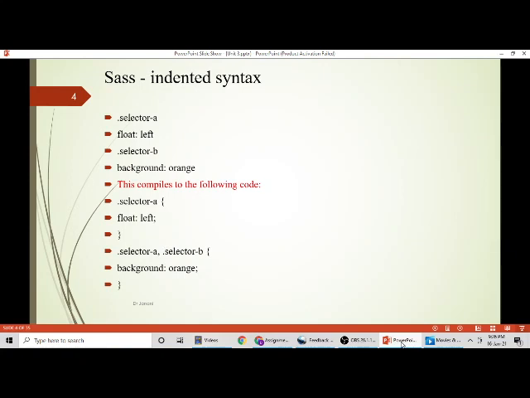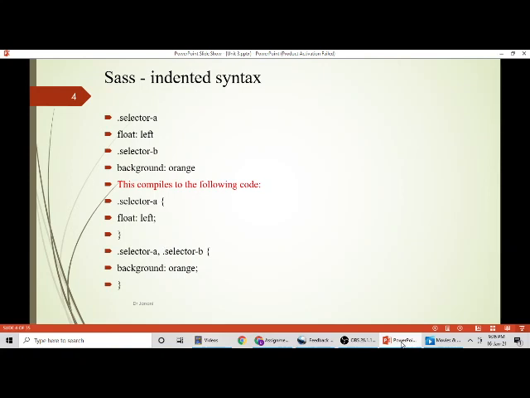That's the first one that was developed, and it is more of indentation. Okay, to separate the blocks, write the rules, separating by a semicolon, and so on. So let me take a selector. Selector is the element to which I'm going to apply. So I'm going to apply it to the element called A. Okay, and here all the syntax I represented using dots. And here float left, then I'm going for the next element selector B, background is orange, right? So what happens, the same thing, this compiles to the following code.